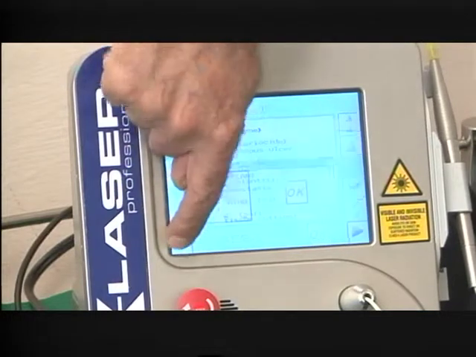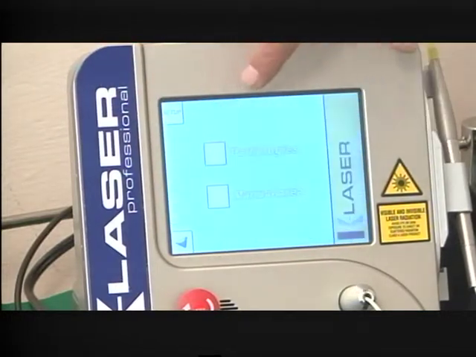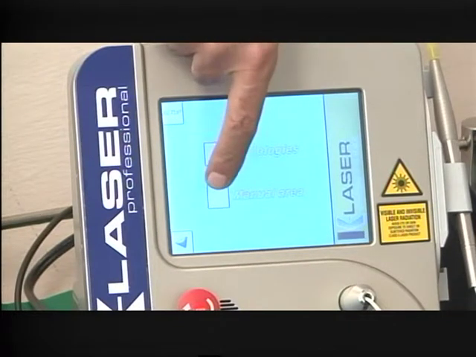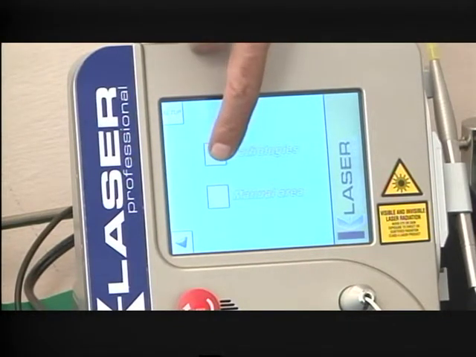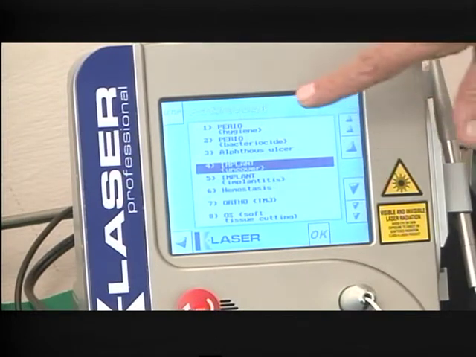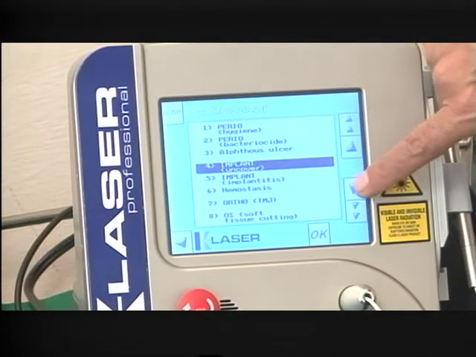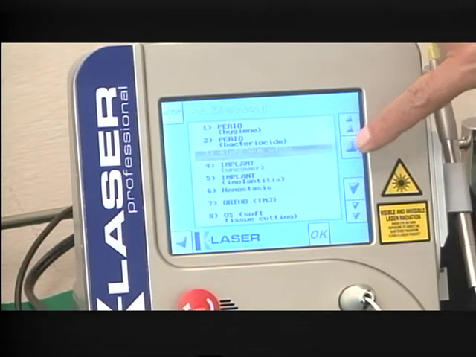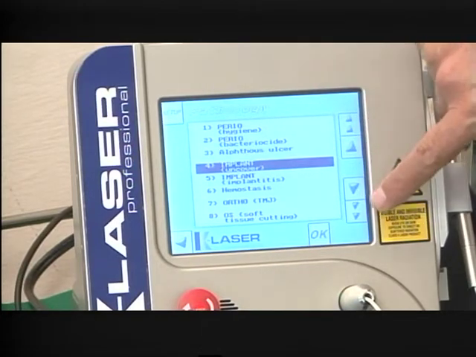Once you come onto the main screen, it shows dental applications, and there are two areas. One is the pathologies and the other is the manual area. Now what is the difference? It has some built-in programs which you can select with a touch screen and go and select any program.